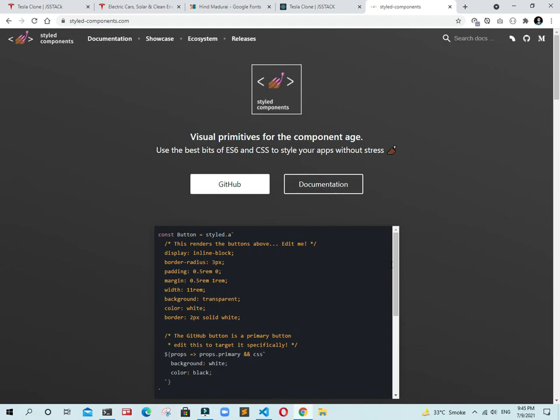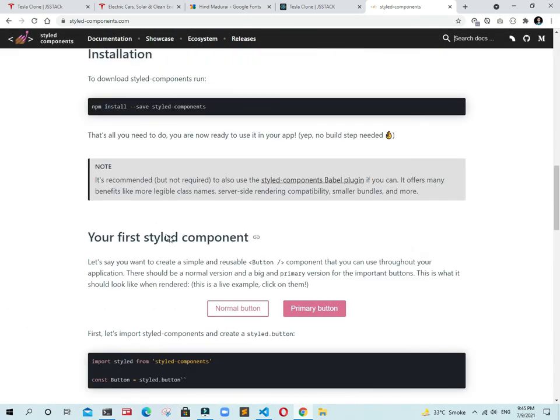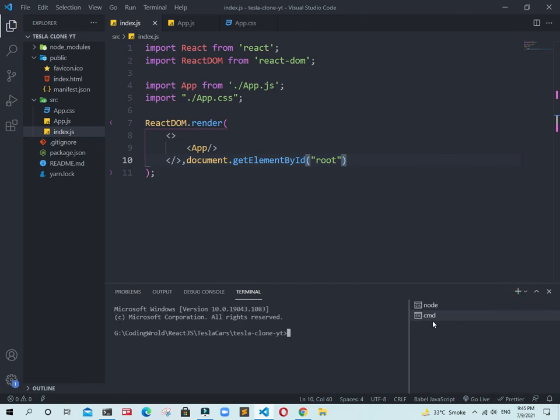Copy the script from there, npm install styled-components, but we are using yarn, so we need to split the terminal. Click on this plus and it splits. Now type yarn add styled-components, press enter, and it will be installing.